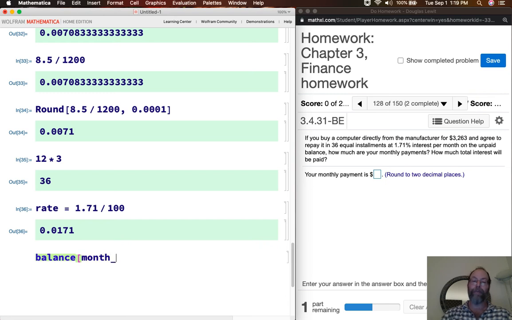You can name the variable whatever you want to call it: x, y, z, time, month. I don't care what you call it, but please remember that the underscore is not an option. Colon equals